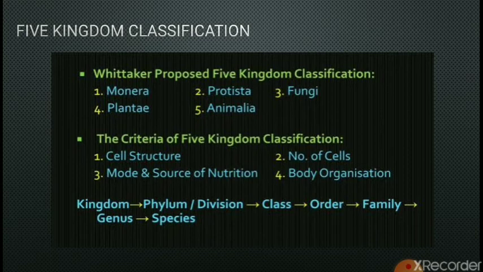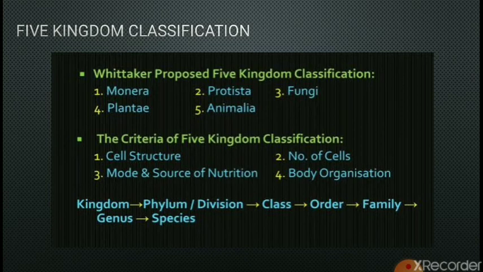Some of the fungi are unicellular, while some are multicellular. Fungi do not have chlorophyll or chloroplast, hence they are unable to synthesize their own food. They show various kinds of nutrition, for example, symbiotic and parasitic. They act as saprophytes or are parasitic in nature. After this, Whittaker classified all living organisms into five kingdoms,